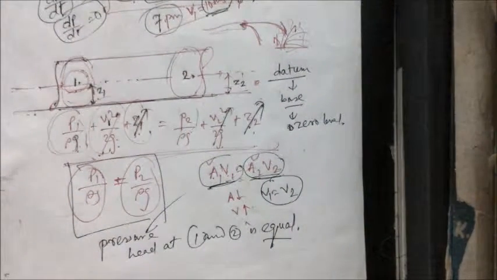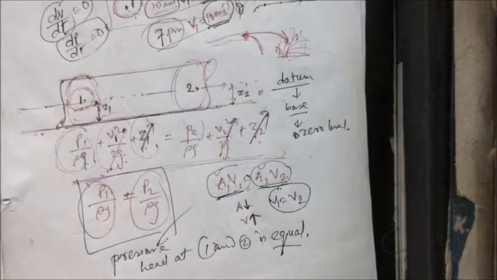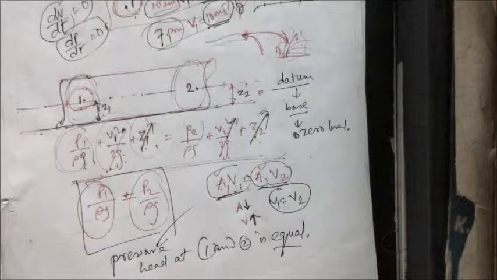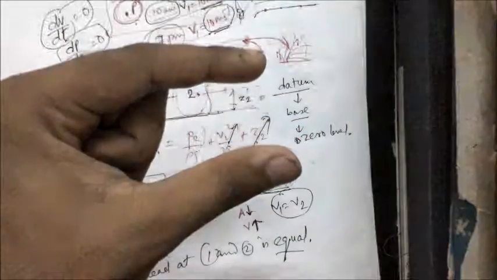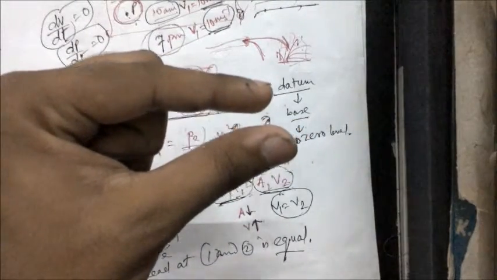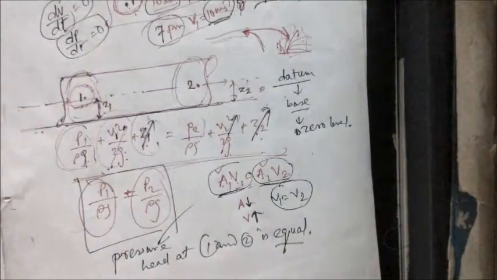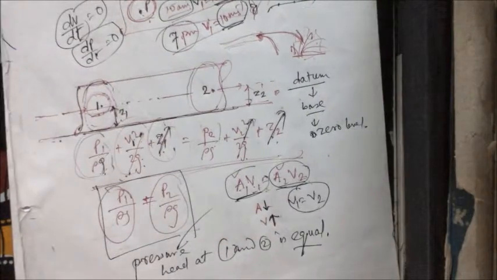Okay, we know that if the velocity increases, area goes down. Velocity increases, area goes down. We have seen it in practical life also, that if we hold the nozzle of the pipe and press it, the area of cross section decreases, so the velocity will increase. That is the case here. Area is the same, so velocity cancels off. So I'm getting this.